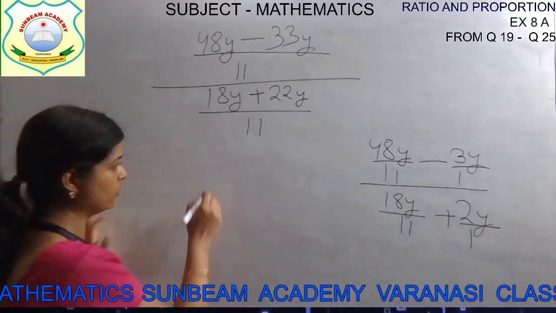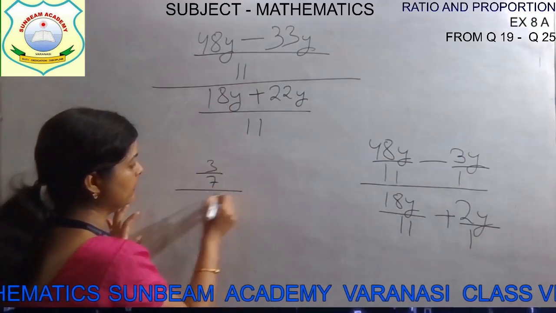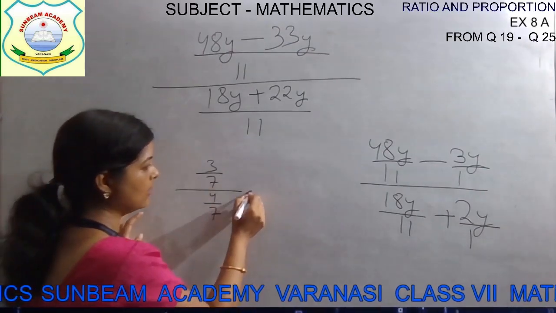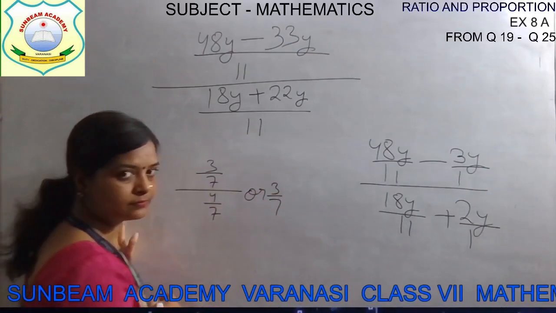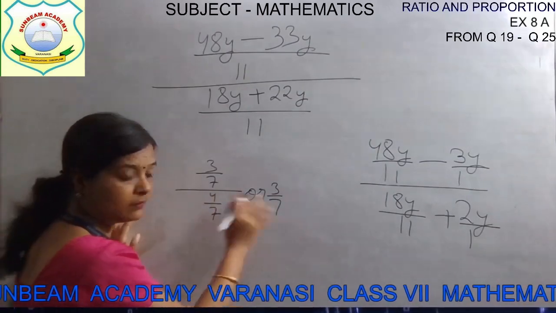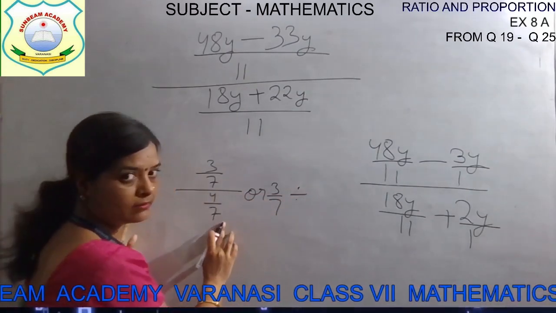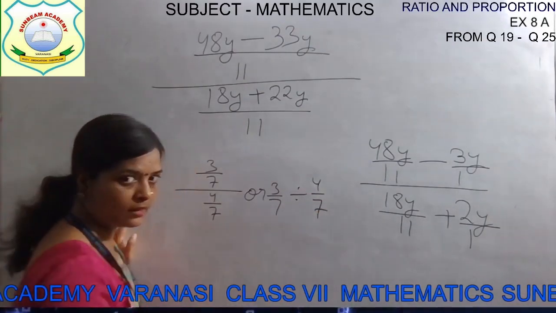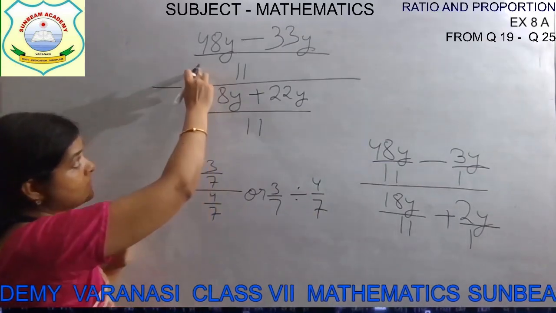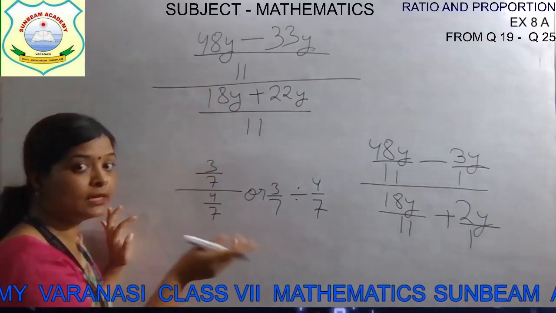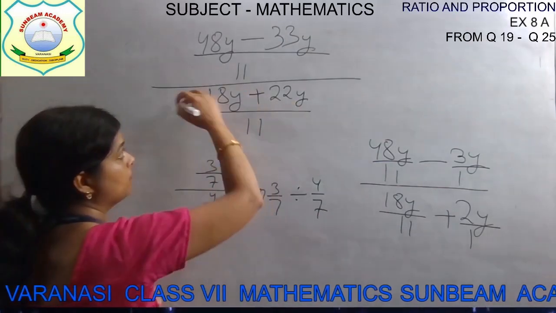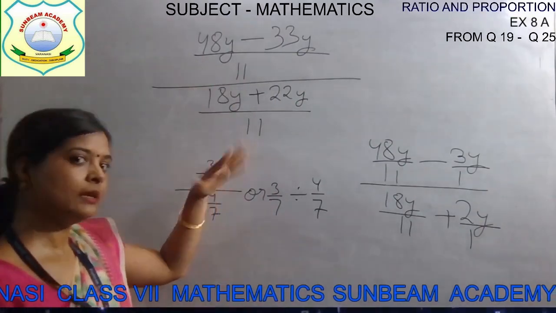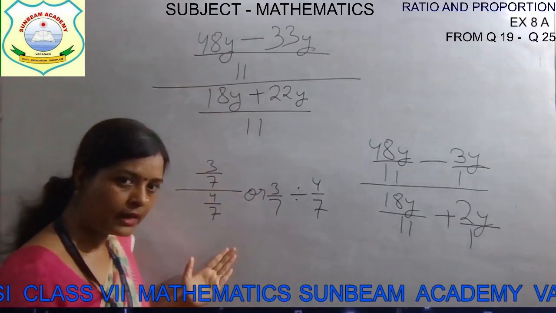For example, I am showing you 3 by 7 divided by 4 by 7. We can write it as 3 by 7 divided by 4 by 7. Now solve this. This is in fractional form. I am taking the same thing in another way, so that you can understand why ma'am is cancelling this 11. Denominators are the same, so ma'am said this will cancel out. I am explaining why.